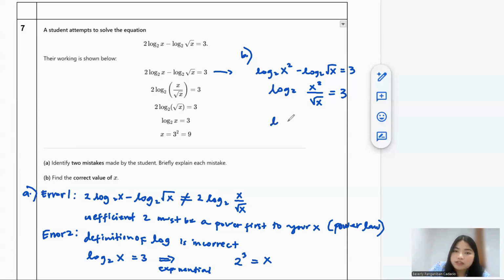So I can do log 2 x squared over x to the 1/2. If you still remember that, we can do it. If you have a root x, it means x to the 1/2. And then you can simplify this. It's division to each other. So you can do 2 minus 1/2. So it will become log 2 x